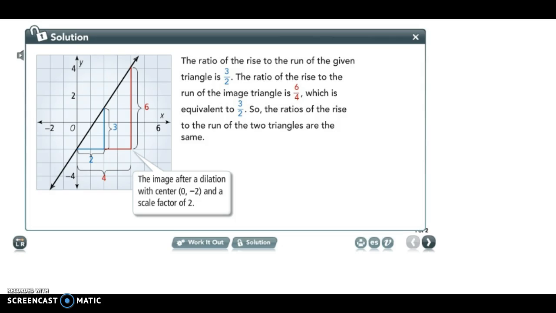Okay, so this part is important. As we are looking at them, we want to know the rise over the run. Now, we have done rise over run before because that is slope. The rise is how much up or down it can go, and the run is how much in either direction it can go, left or right. So as we take a look,